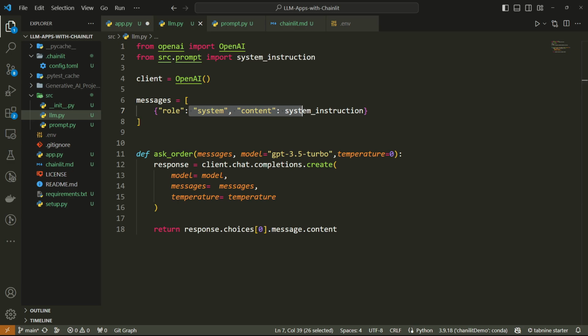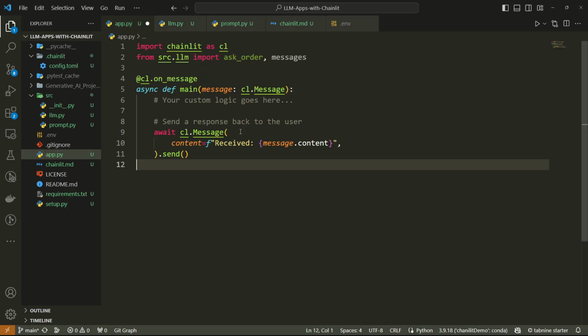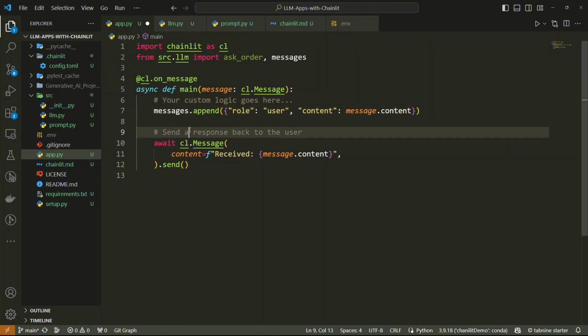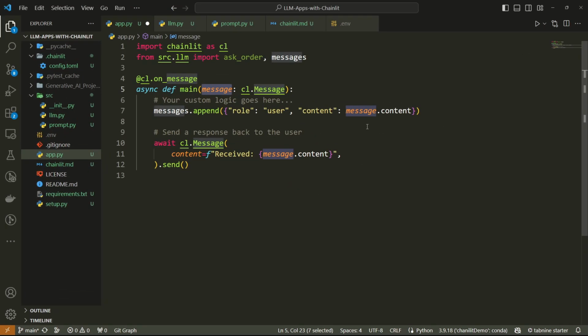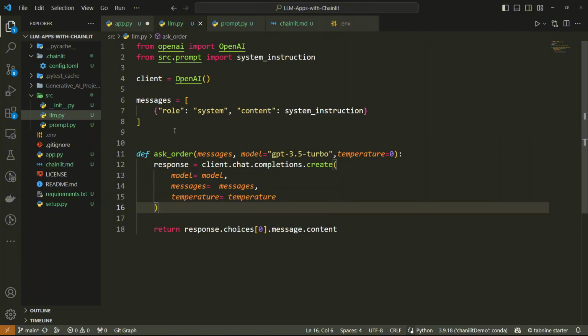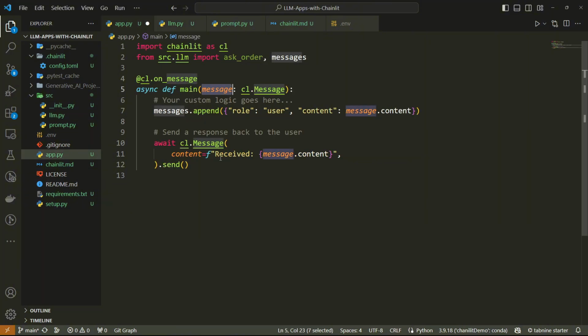So I'll open my app.py, and here you can append like that. I'll just write message.append, and here I'm just initializing my user right now, role, this is user, and this is the content. What is the content the user will give? The message. The message will be sent from here. So this is going to be the content, and it will store it here. That means in this list, because we are doing the append operation, right? So once it is done, I also need to give this message